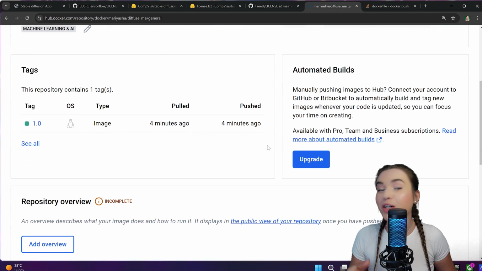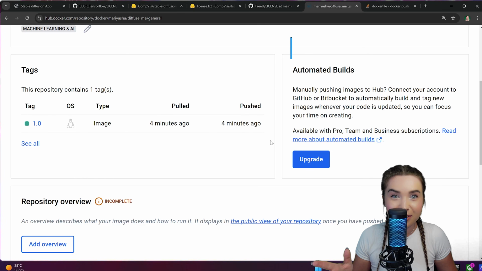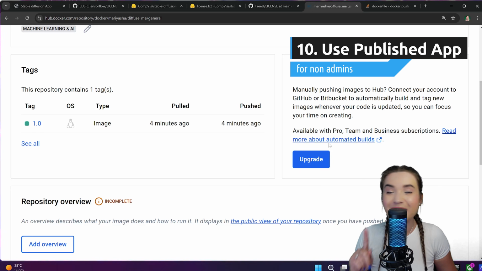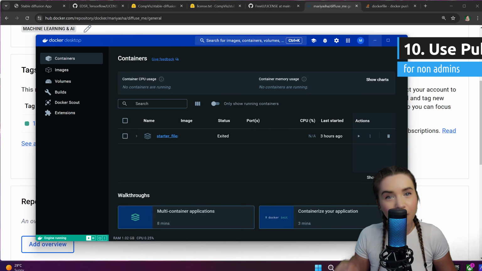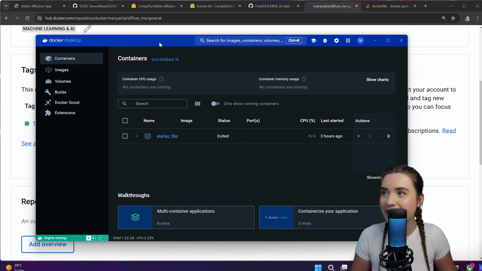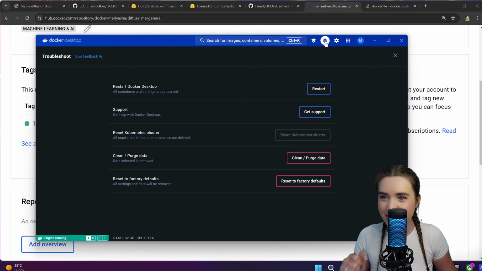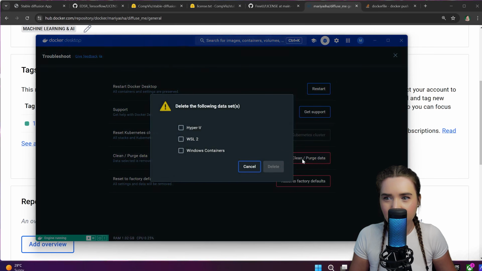Now, once our image was pushed, we will navigate to DockerHub, we will refresh the page, and our app is officially public. But what happens if somebody else wants to use it? Let's test it. For this, we will get rid of our local image instances by navigating to Docker Desktop and then to this troubleshoot section,